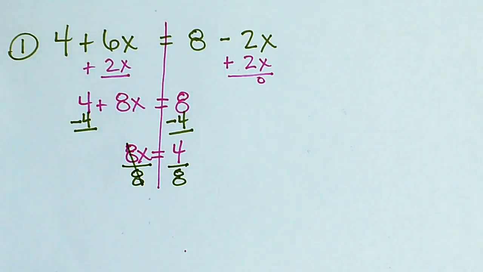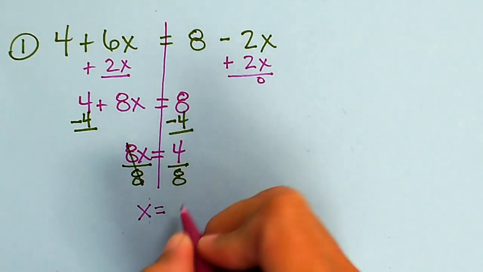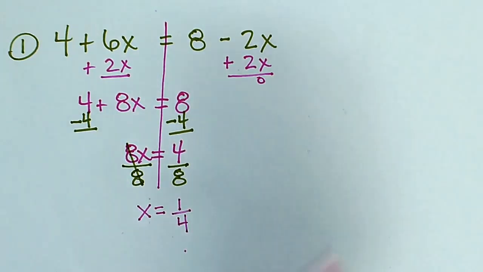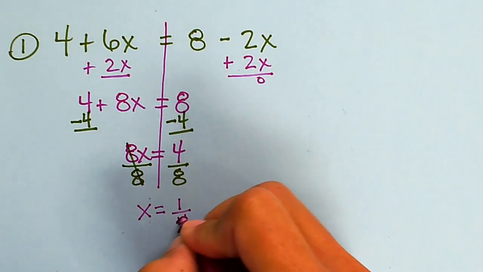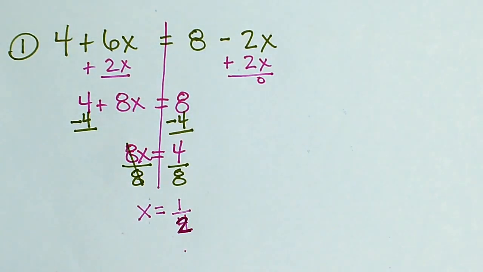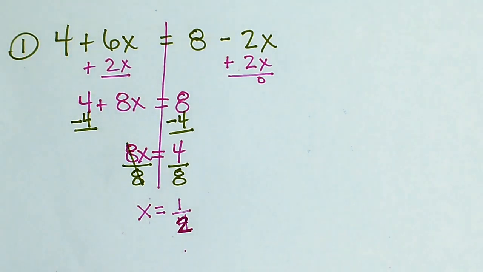You can see that those cancel, leaving me with x equals 1 over 4. Sorry. 1 over 2. I was looking away for a minute. Apologize for that. 1 over 2. Maybe I should have left it 1/4 and plugged it back in, and we would have seen that it would not have worked if I plugged 1/4 in. But we'll go ahead and plug in the correct answer, or what we believe is the correct answer, 1 over 2. So I'm always going to check my work because I want to make sure that I get 100 on